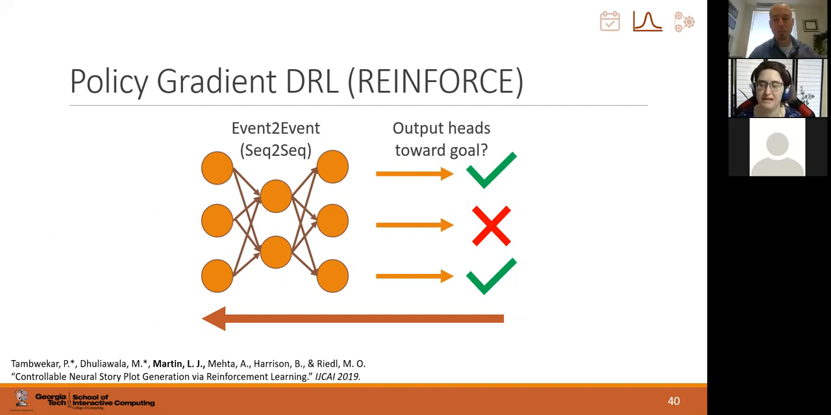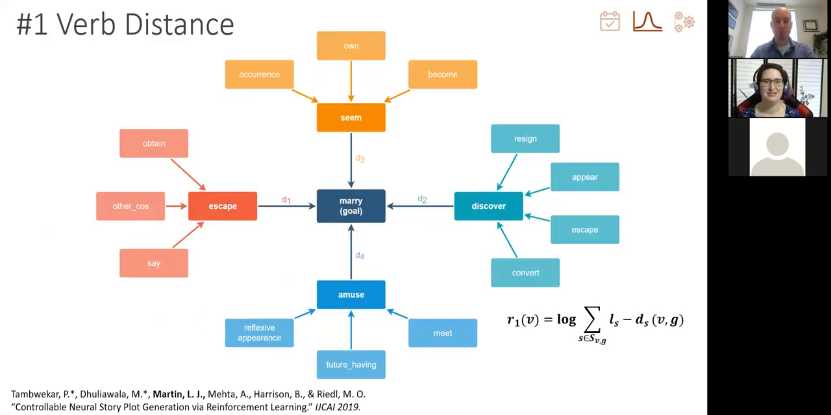Could I ask a question? Yeah, absolutely. How did you determine whether output was heading towards a goal? Yeah. Like what metric was used to decide? So actually that's